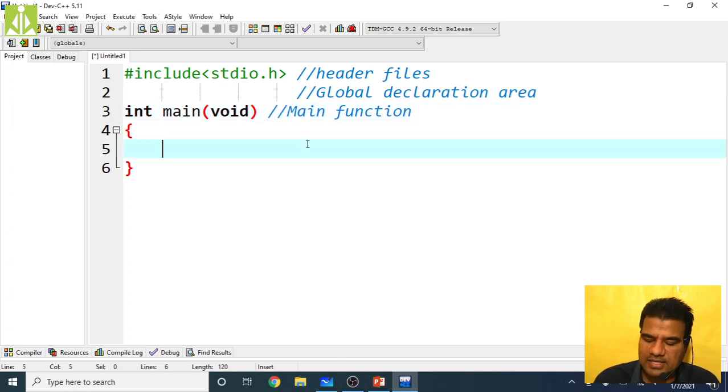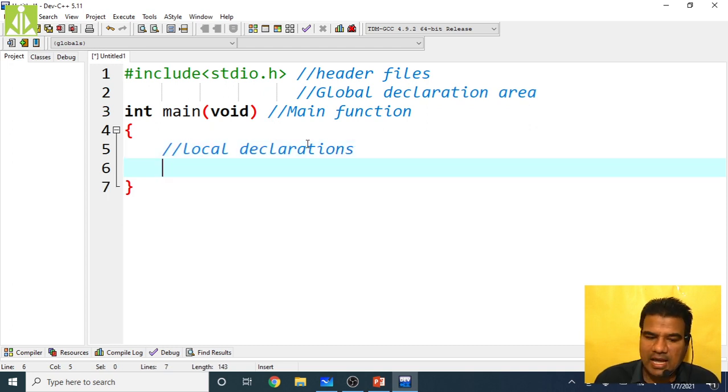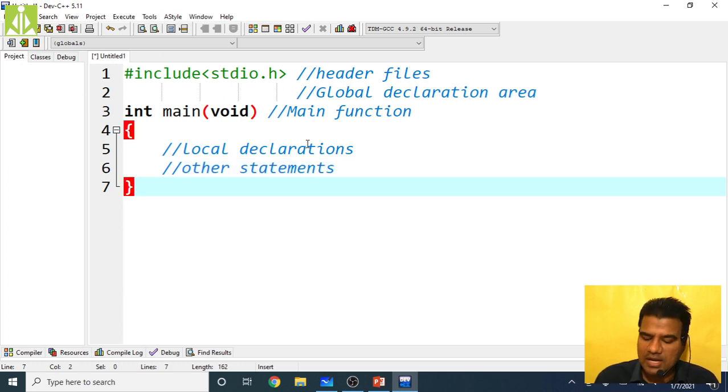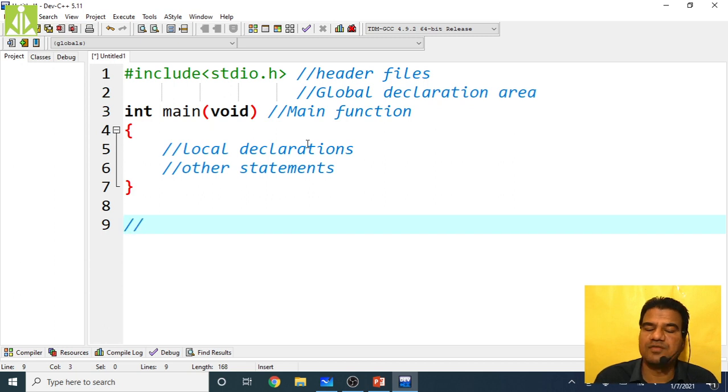Inside the main function we have the local declarations as well as the other statements, whatever logic you want to include. After the main function, if you want to use any other user defined functions, you can put them over here.